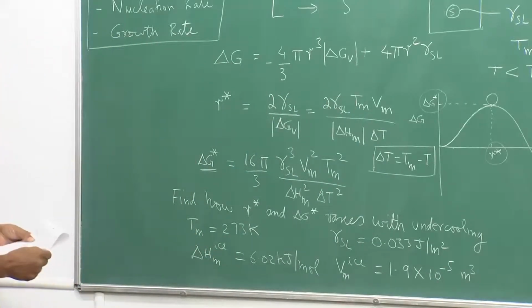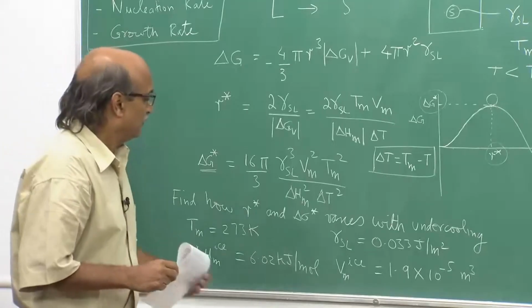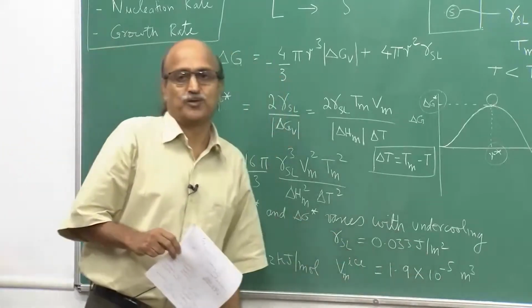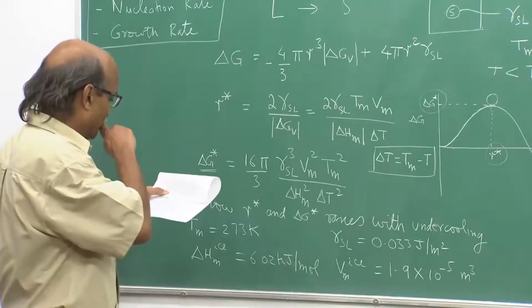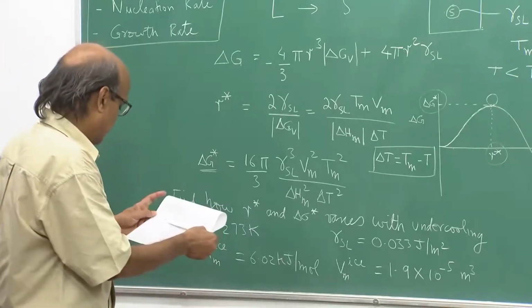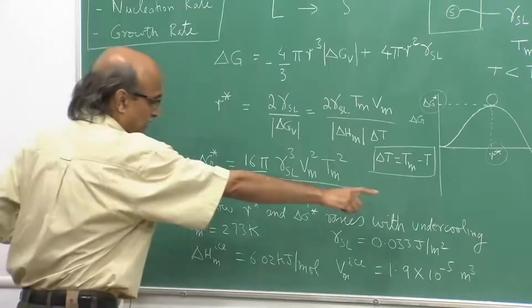That is what it means, that 1 mole of ice volume would be 1.9 into 10 to the power minus 5 meter cube. And using this data,